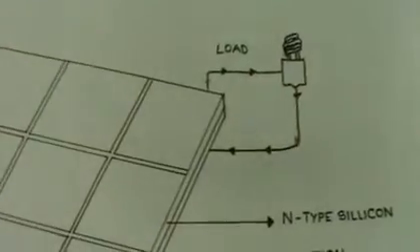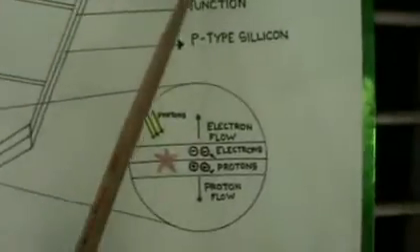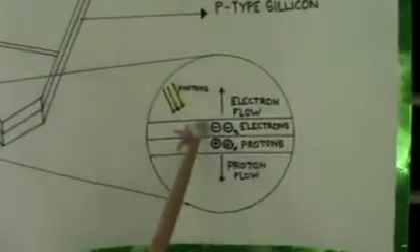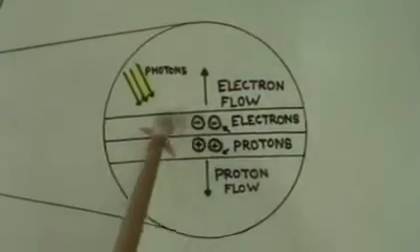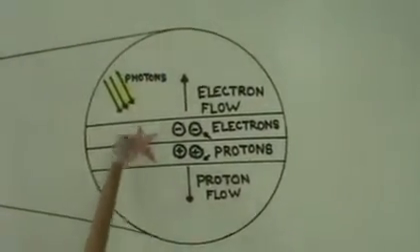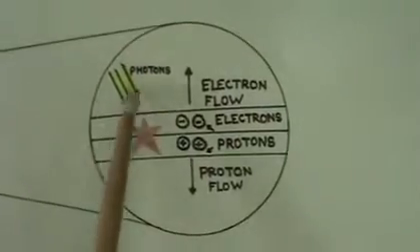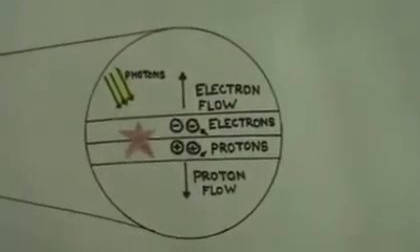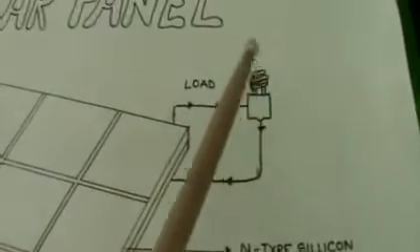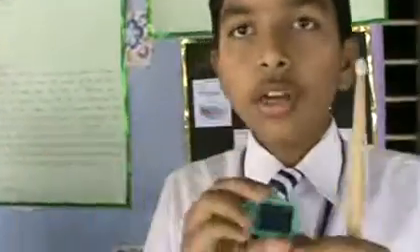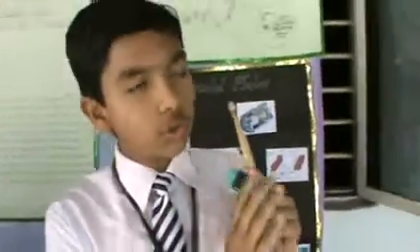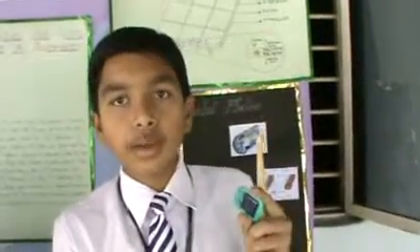This is called the load. And this is the N-type silicon, which produces negative electrons, and this is the P-type silicon. And these are the photons, light containing photons, which when they fall on the two-layer semiconductor produce electrons and a potential difference between the two layers. Our solar panel has the capability of producing 0.5 volts. So in order to increase the voltage, you have to connect all those solar panels in series and you can connect them to the car.